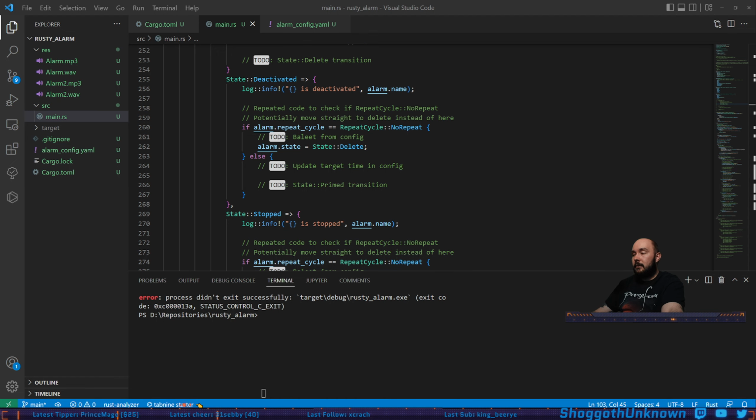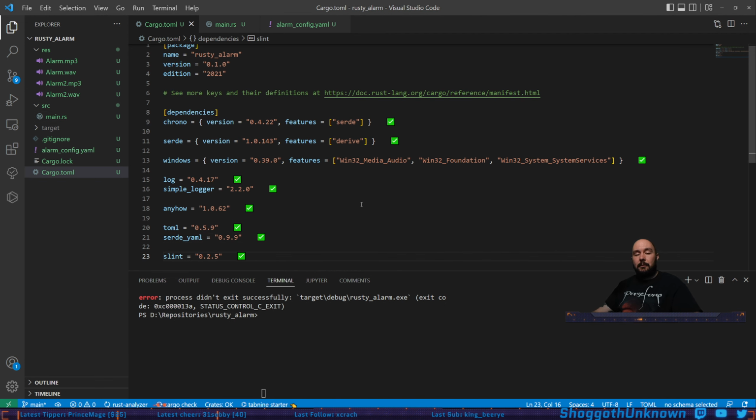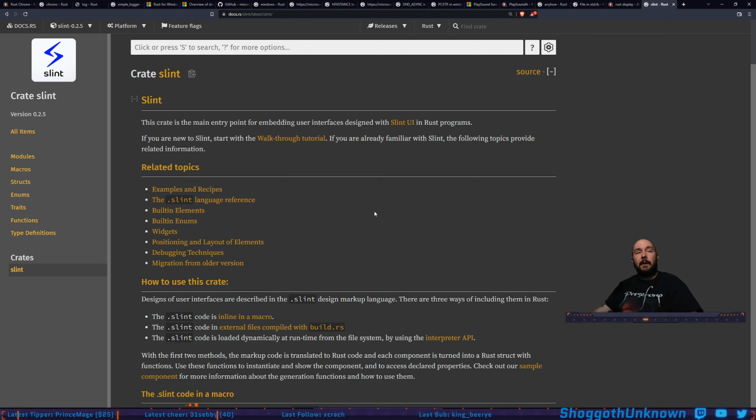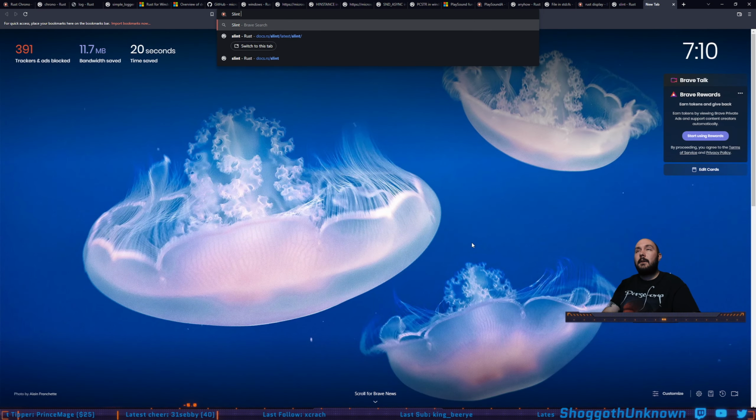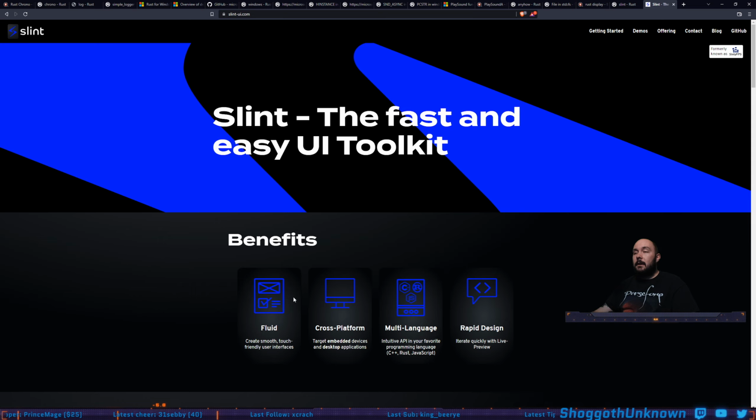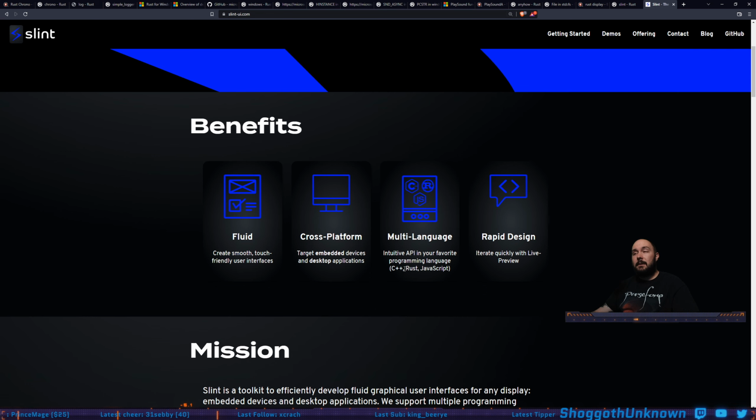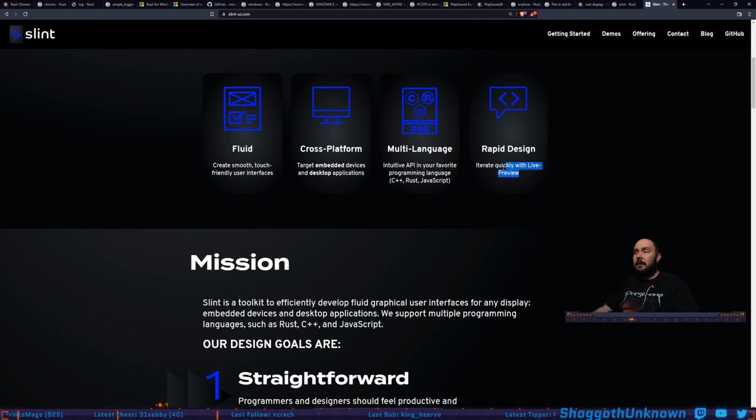I'm going to bring that over here to my cargo.toml. Slint is made by people who I think used to work on Qt, which is one of the big C++ frameworks for graphics. So it has some good pedigree behind it. If I go to the website, slint-ui.com, we could see fluid, cross-platform, multi-language, intuitive API in your favorite programming language, C++, Rust, JavaScript, rapid design, iterate quickly with live preview. It's got some good stuff. I'm not really a UI person myself, but